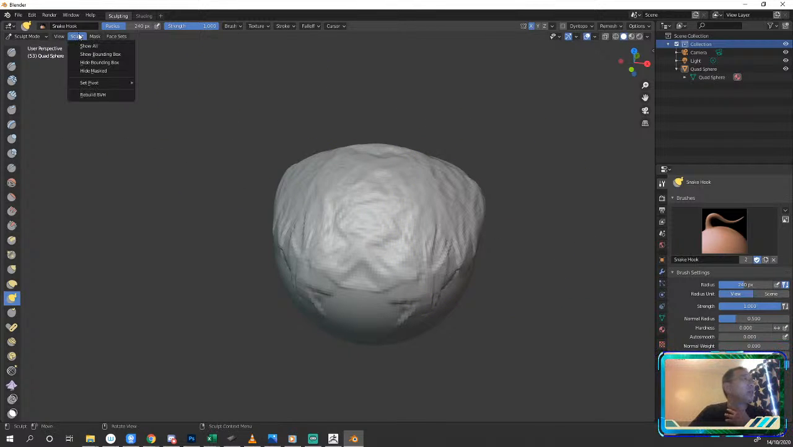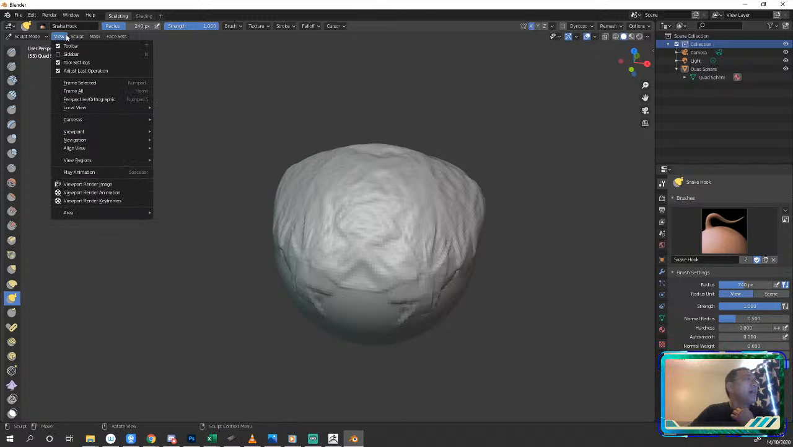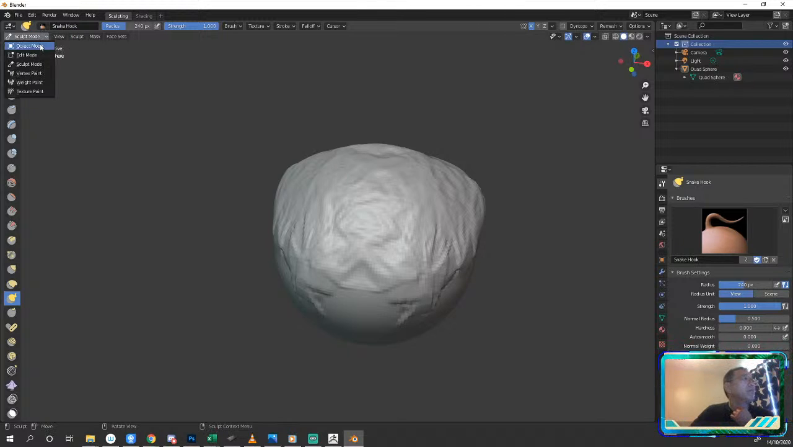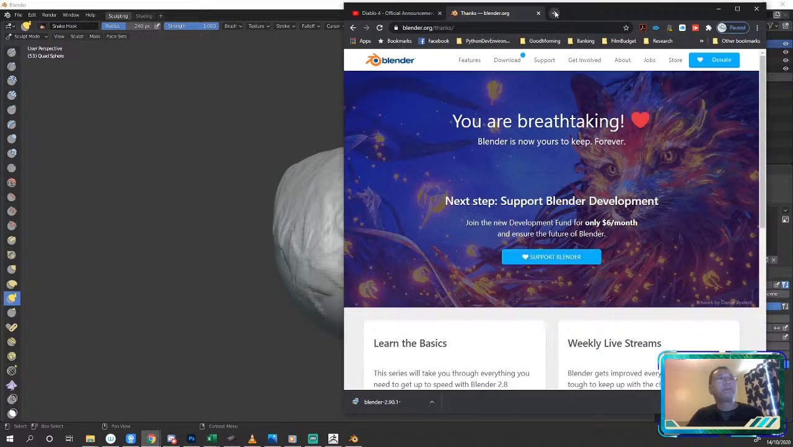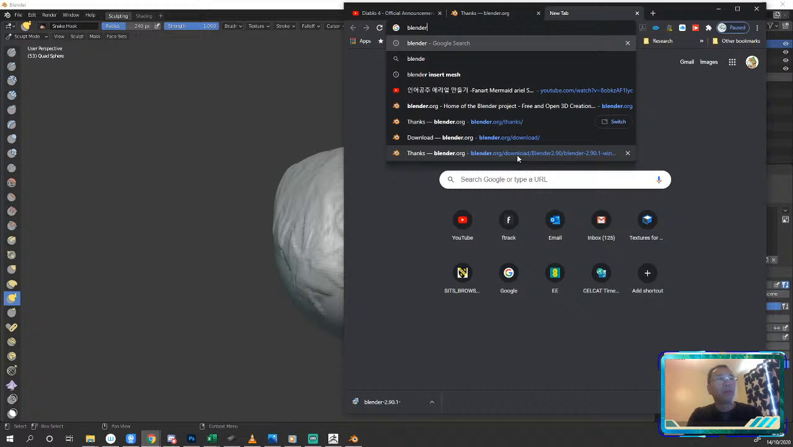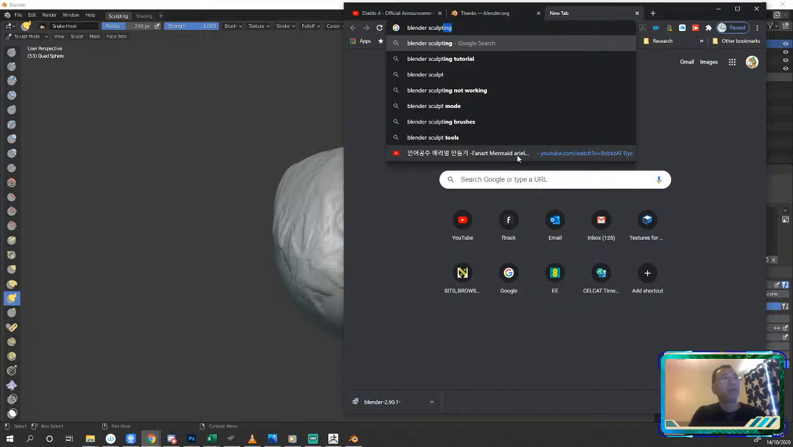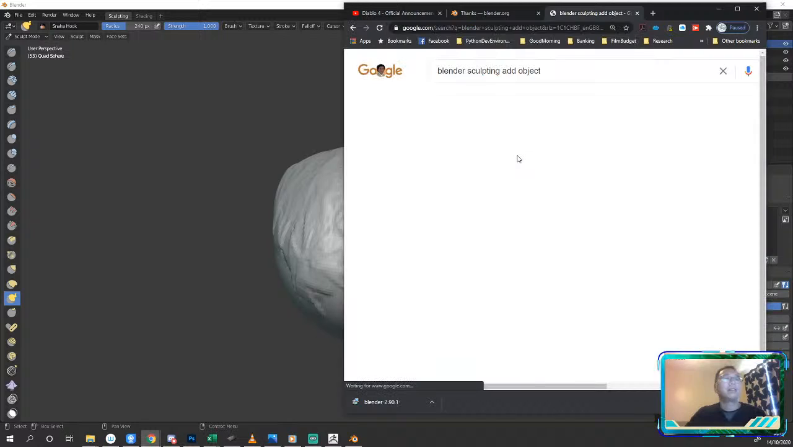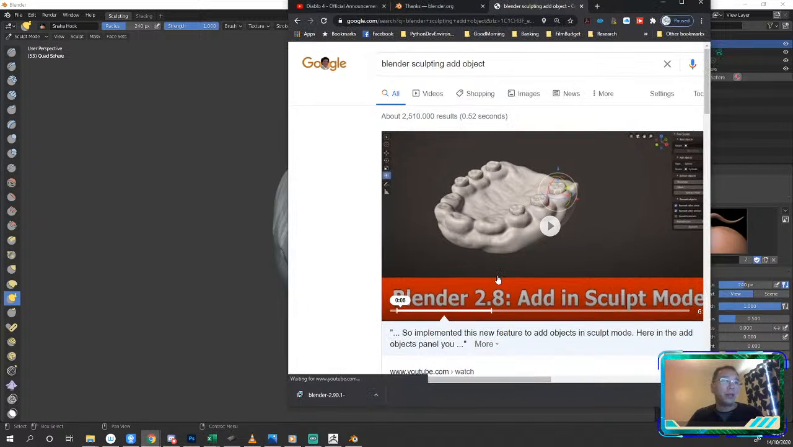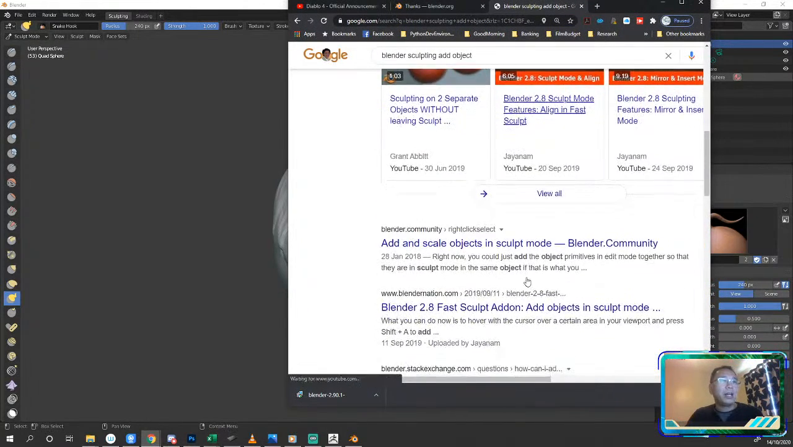Let's find out what's inside our option menus here. Do we have to go outside into object mode and then come back in? No, that doesn't feel right. So I'm just gonna pop back to its web page time, right? So Blender sculpting add object. Right, let's do that, right? So that's one thing we want to do. And I'm just going to